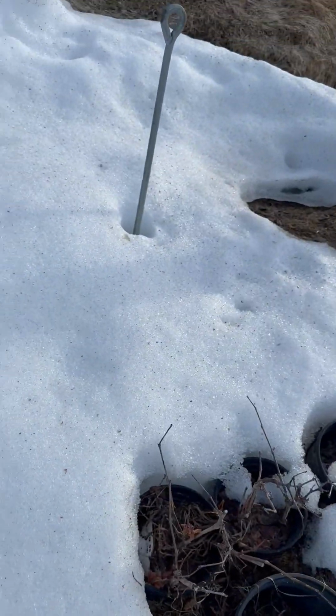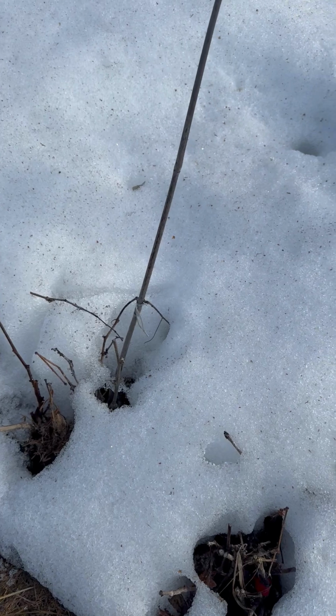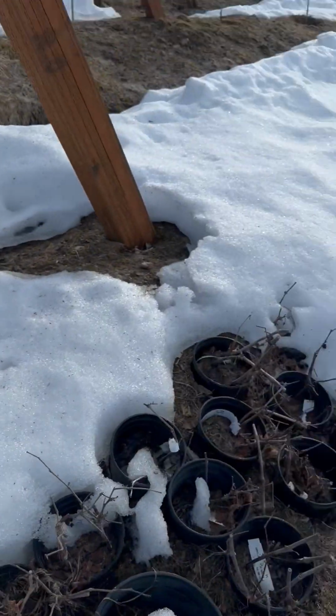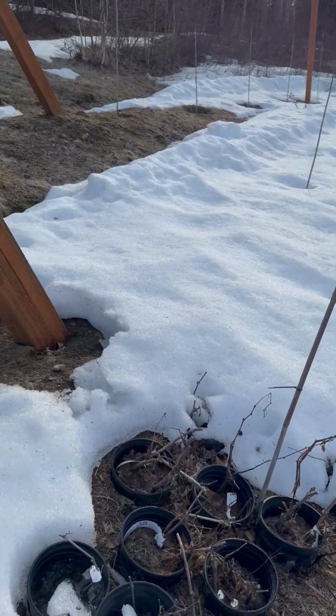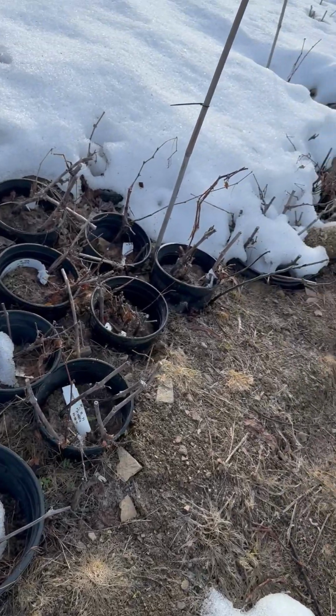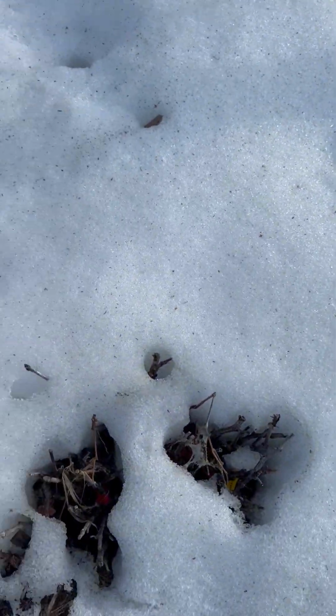Out in the vineyard today. It is the 30th of April. Yeah, and so there's actually quite a bit of snow still around for approaching May 1st. The vineyard's pretty frozen, but we've got some pots out here that have been uncovered, and so far we've looked at